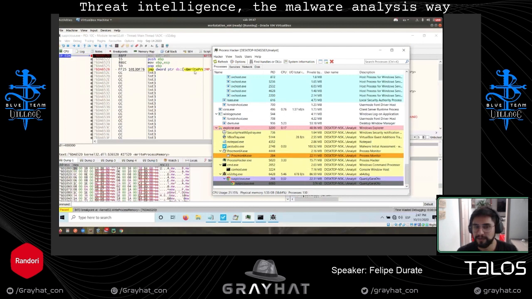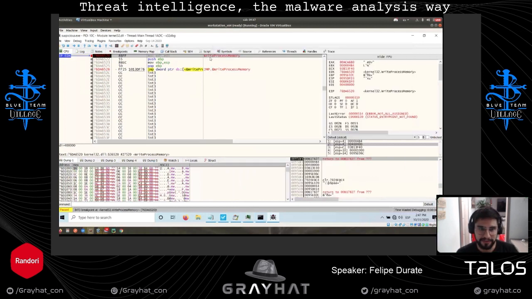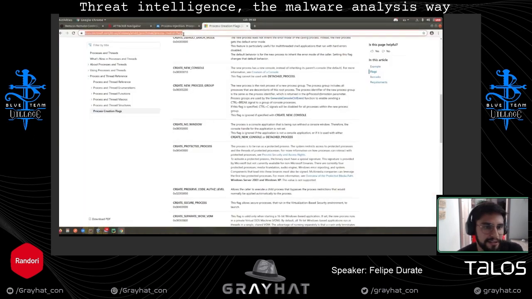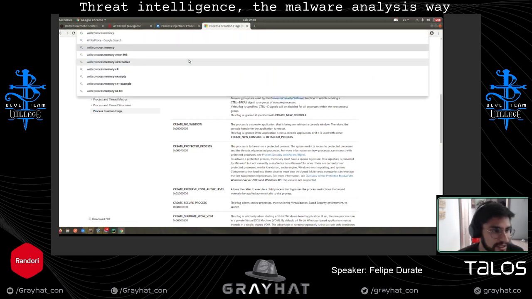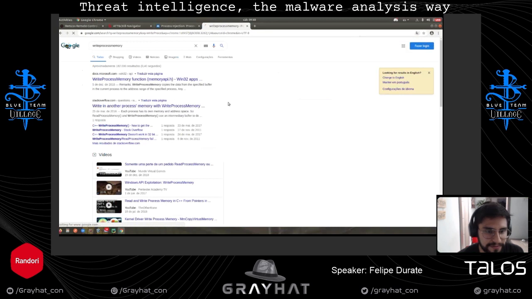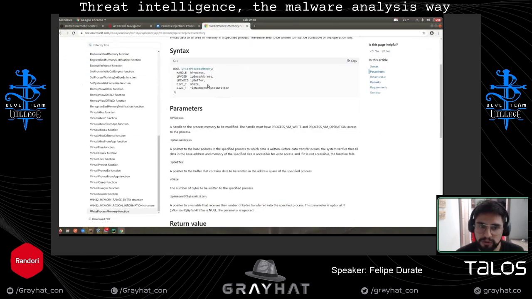At this point, the malware is trying to inject the new code. So again, we're going to go to the documentation, and we're going to see what Windows or Microsoft says about write process memory. Well, there are some interesting things.